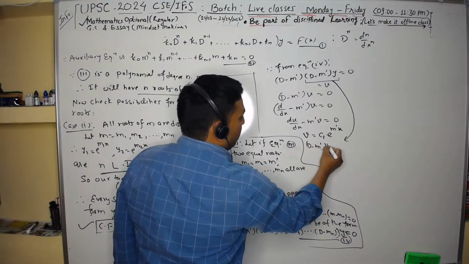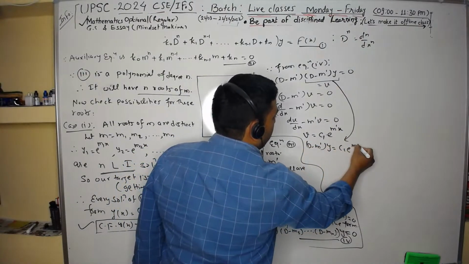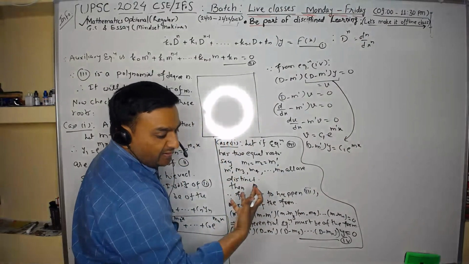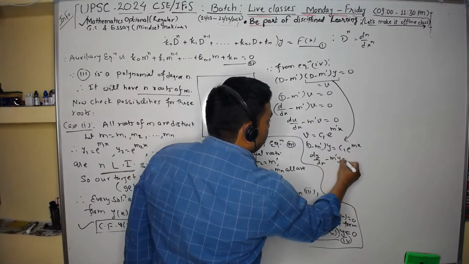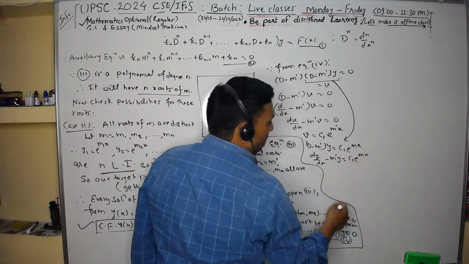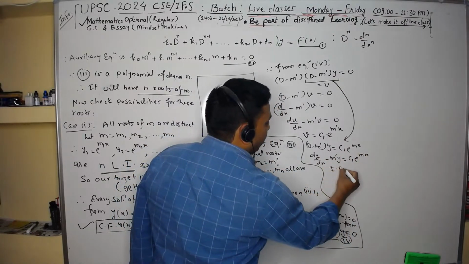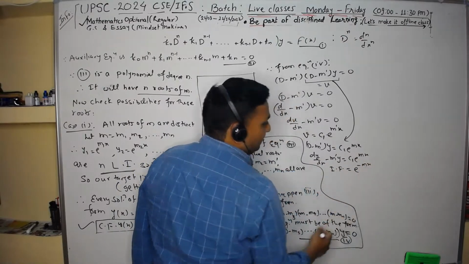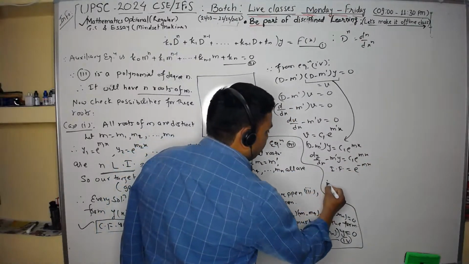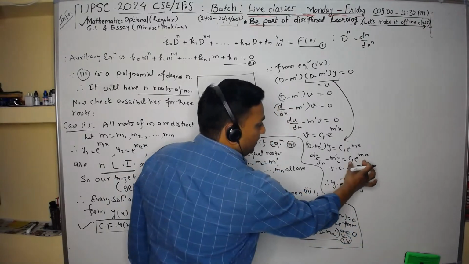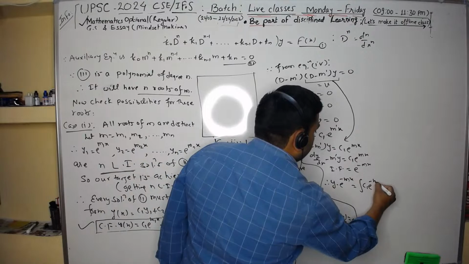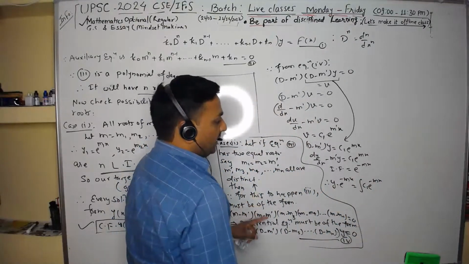D minus m dash into y equals c1 e raised to the power m dash x. This means dy over dx minus m dash y equals c1 e raised to the power m dash x. What will be its integrating factor, my child? e raised to the power minus m dash x. So y into the integrating factor equals the RHS, c1 e raised to the power m dash x